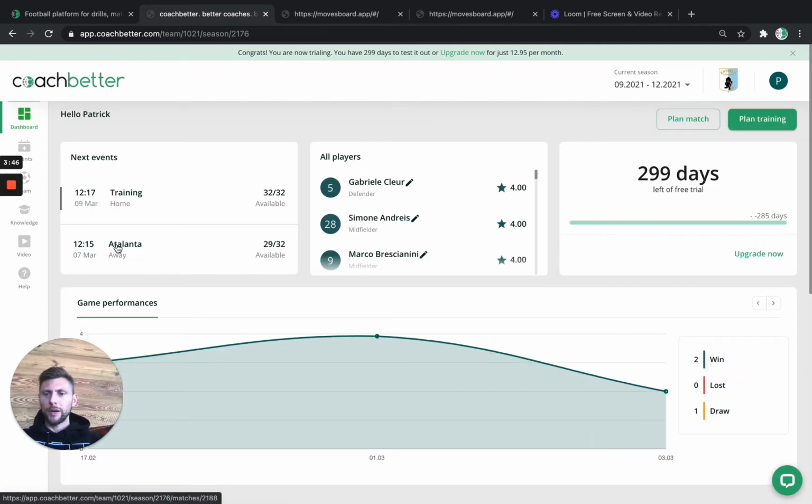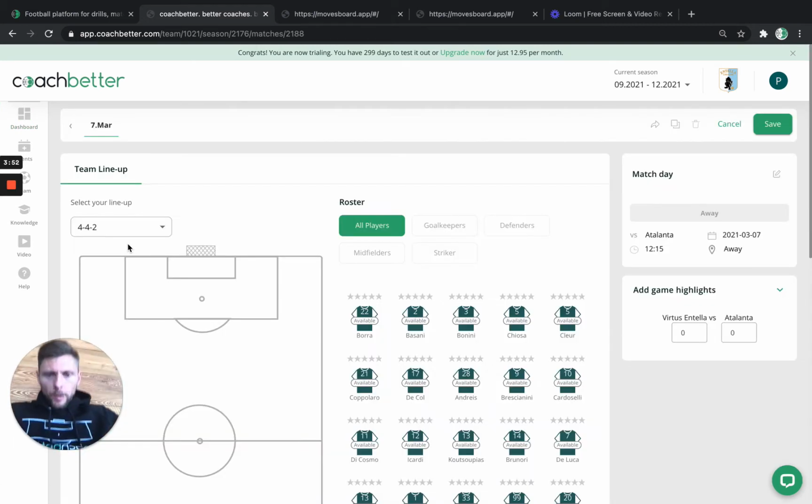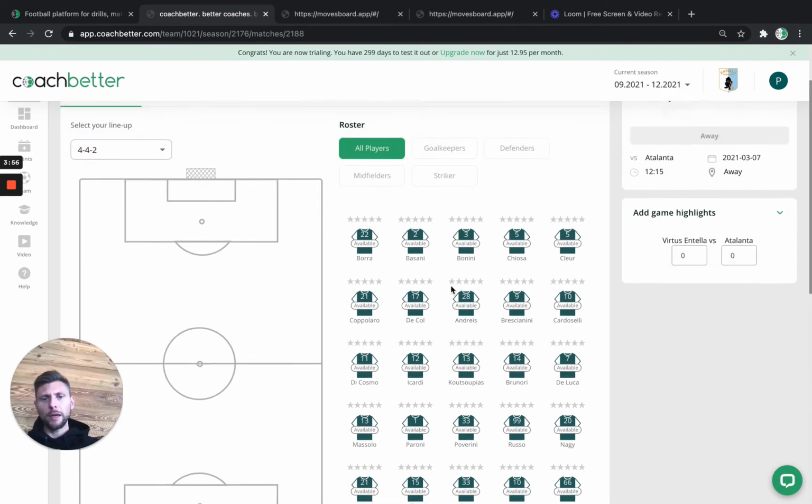You can see I prepared already against Atalanta on the 7th of March. I have 29 players available. So let's go into that one. And you can see on the left I have my pitch, and on the right I have my players by